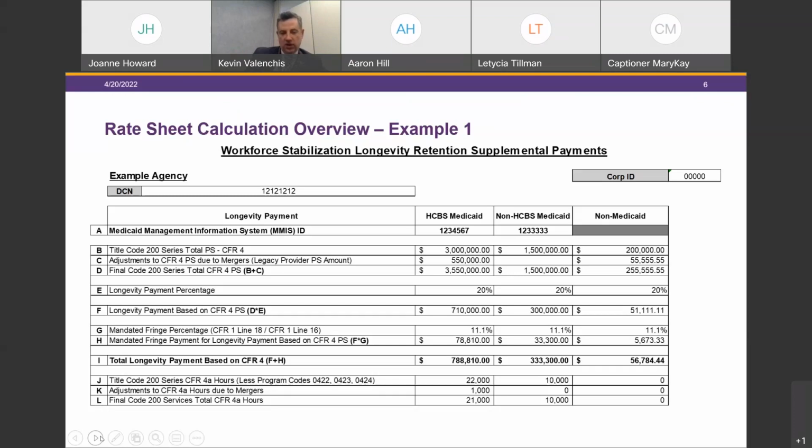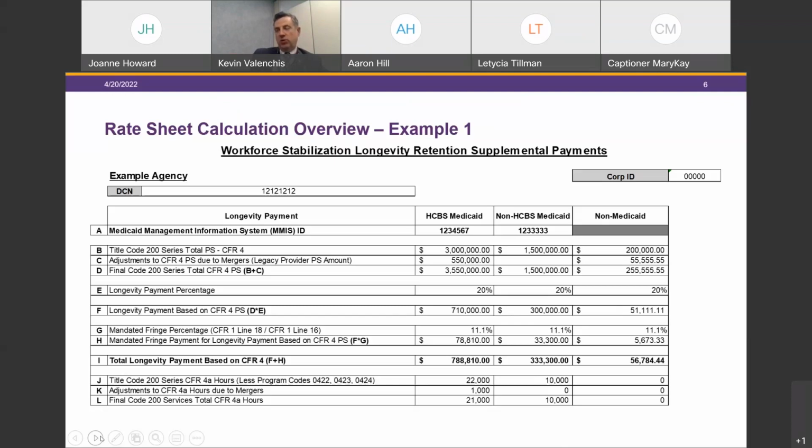Now, where it gets a little different here, and why I made reference to the CFR4A, is we tried to follow the rate methodology that exists today in providing funding for the CFR 4A. We did not simply pull in your CFR 4A related expenses. We looked at your hours because the expenses may include things like admin and overhead for the temp services agency or the contracting agency. So we're not going to just give a flat 20% on admin and related contract liabilities.